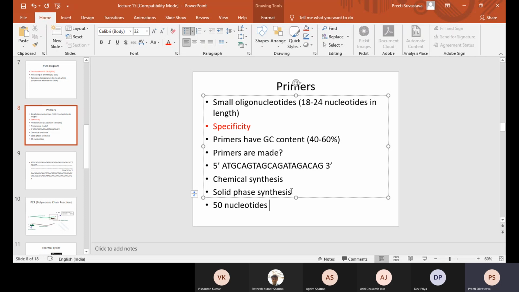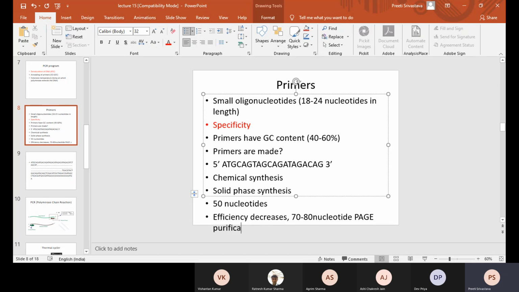Up to 50 nucleotides the primer synthesis is fine, but the moment the length crosses 50 nucleotides, the efficiency decreases and the chances of errors increase. Therefore if you really want a long primer of 70 to 80 nucleotides, you need to go for PAGE purification.